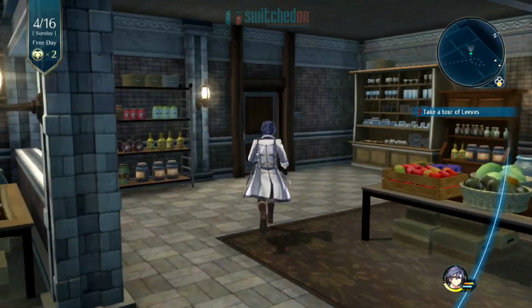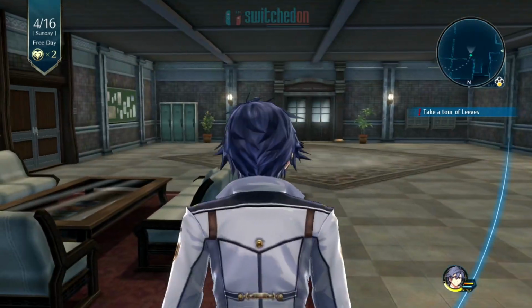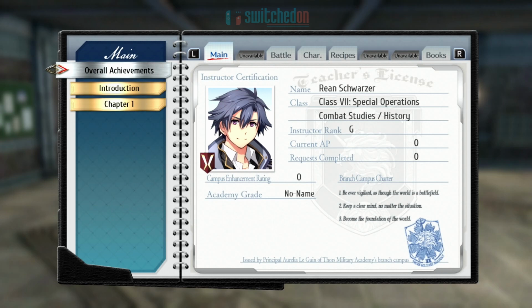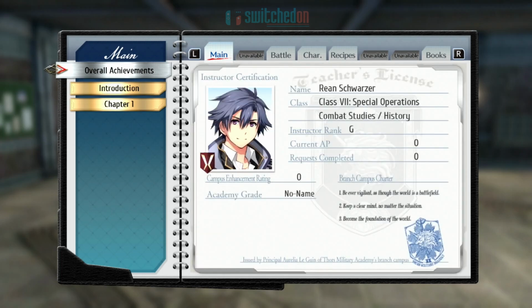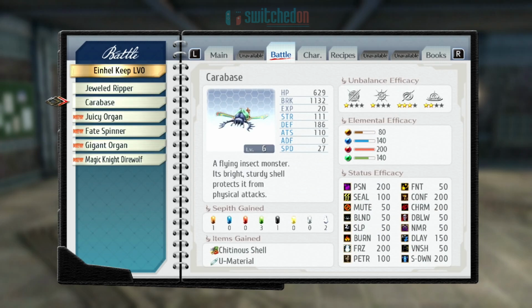As you can see, it's really detailed, and you can talk to pretty much every single non-player character in the game, and it builds up your relationship with them. If you press the minus button, you can bring up your notebook, it's called. So let's have a quick go through that. We've got your little tasks that you need to complete in each section. This is your battle notes, so when you meet different creatures in the dungeons and stuff,